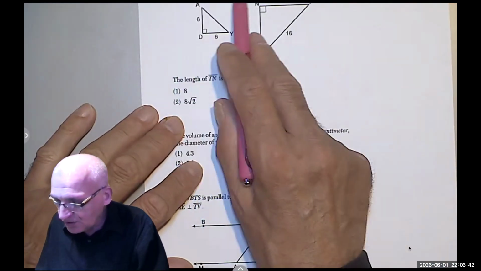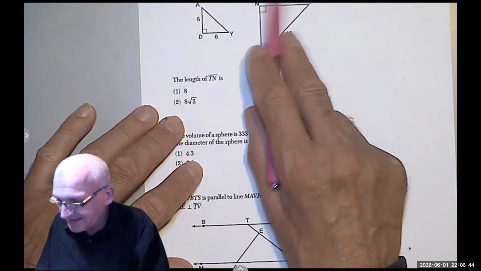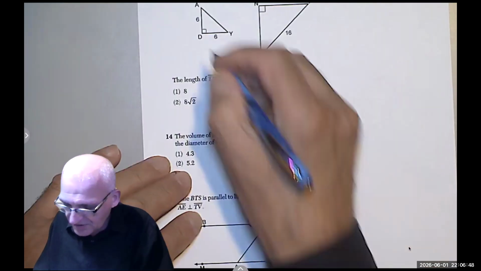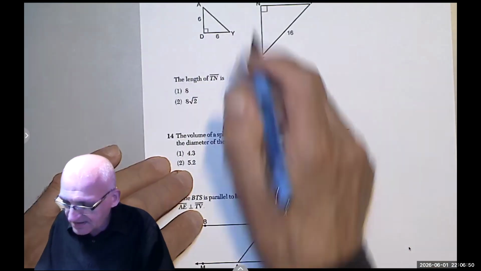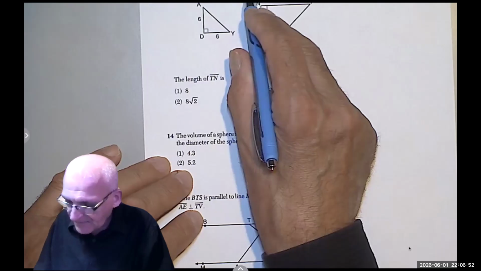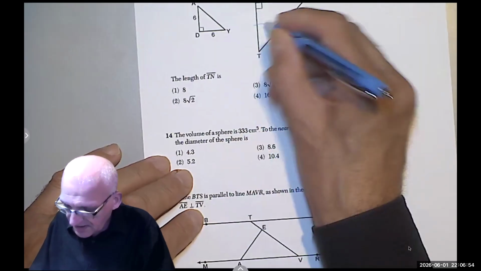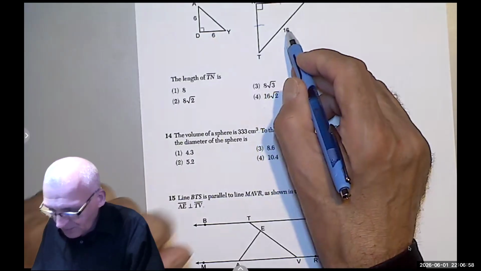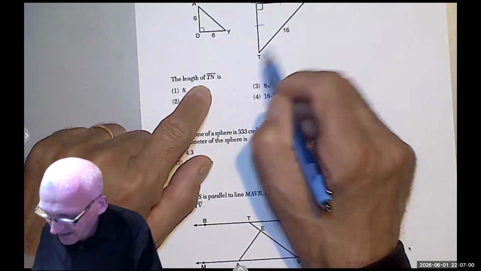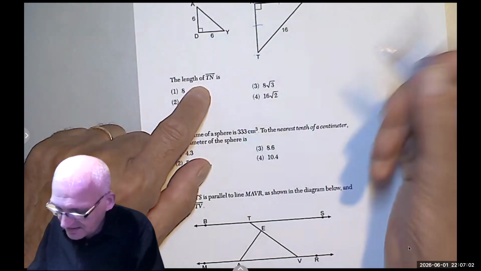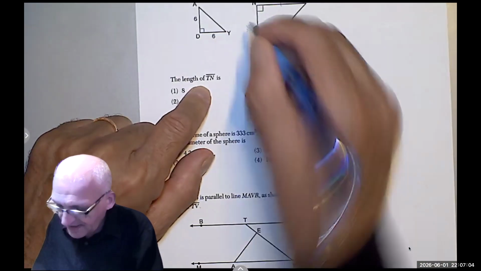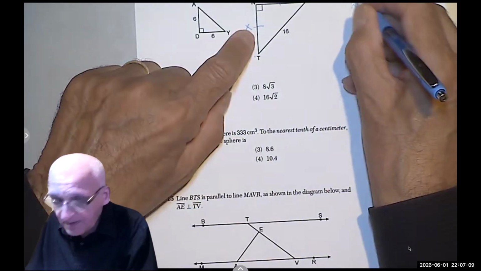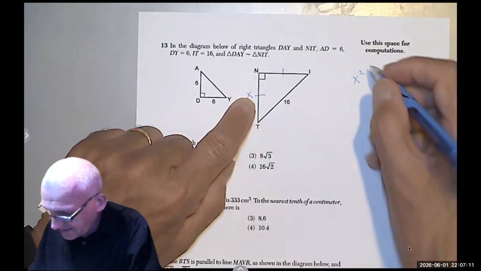In the diagram below of right triangles, DAY and TNI, AD equals DY equals 6. So it's an isosceles triangle. And since they are similar, then this one also is an isosceles triangle. And if this is 16, what is the length of TN? Well, TN and NI are the same. So if we say TN is x, then applying the Pythagorean theorem,